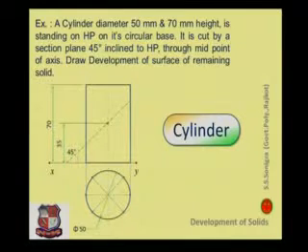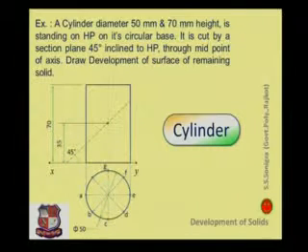So this is given. Now how to draw the development of this cylinder? As we know, the development of a cylinder is just a rectangle whose height is equal to the height of this cylinder, as well as width is equal to, what would be the width of the development? That would be equal to the periphery of the circle. Now how to draw those? So for that we draw imaginary lines over